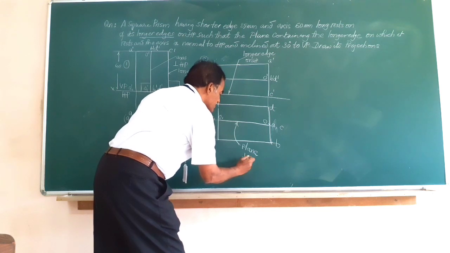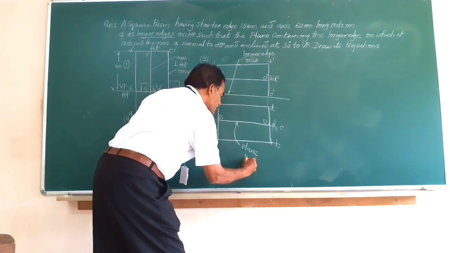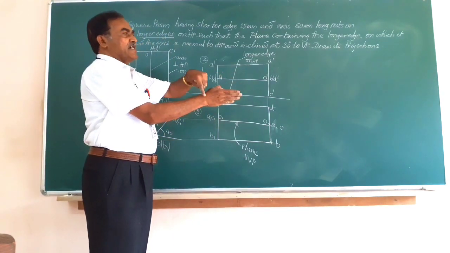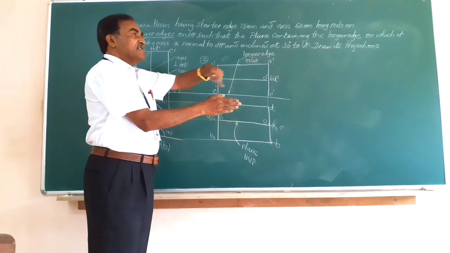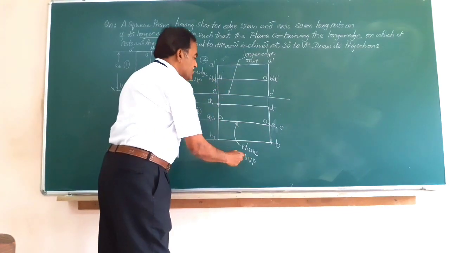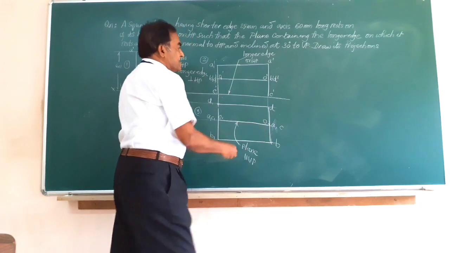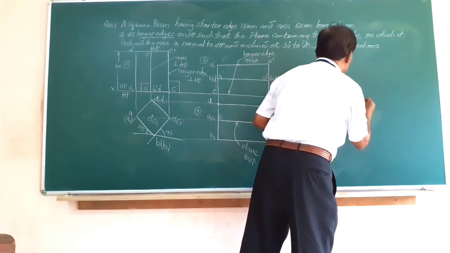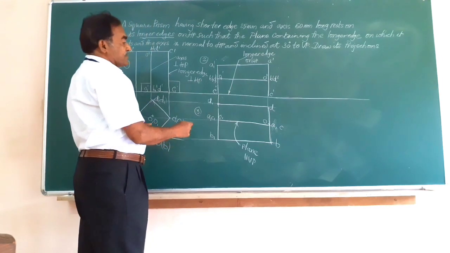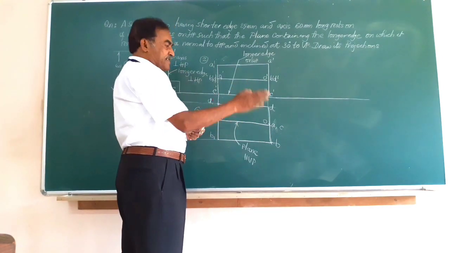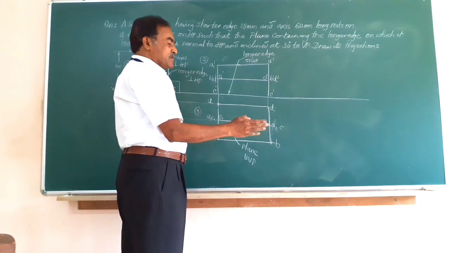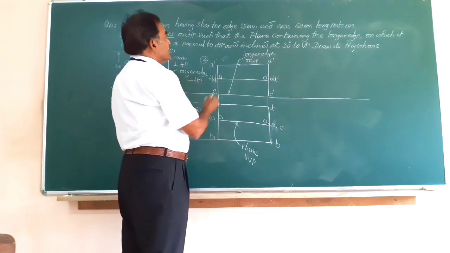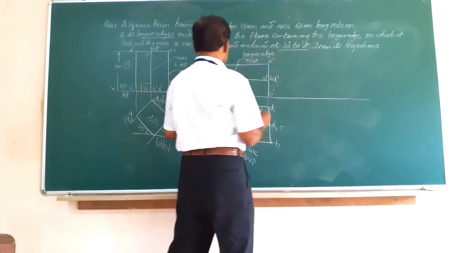This plane is parallel to VP. See, a plane, whenever it is parallel to VP, is seen as a plane in the front view. So obviously it is seen as a line in the top view. So this plane is parallel to VP and is seen as a line. But in the question he says the plane containing the longer edge of the solid and the axis should be perpendicular to HP. So this is perpendicular whenever the plane is vertical. So I have got the plane parallel to VP. I have to redraw that at an angle of 30 degrees to VP.